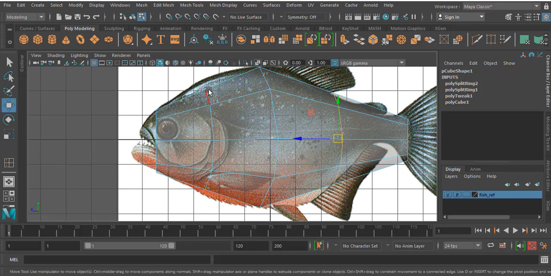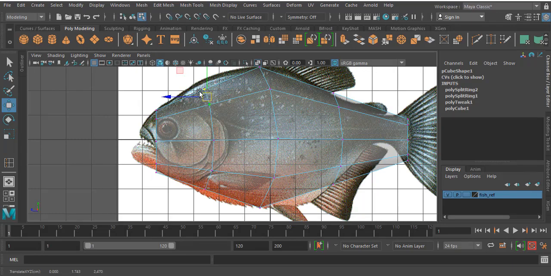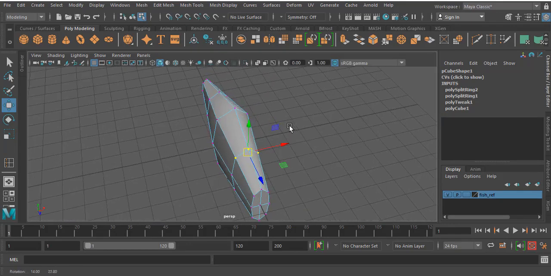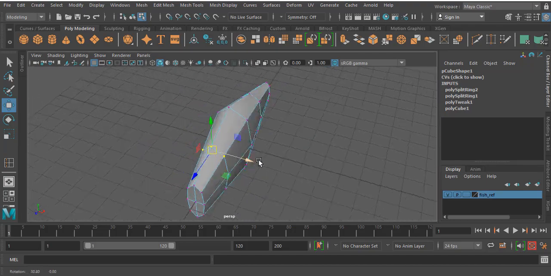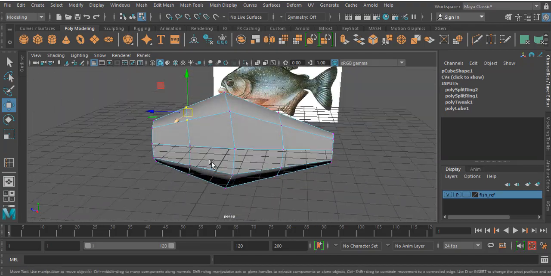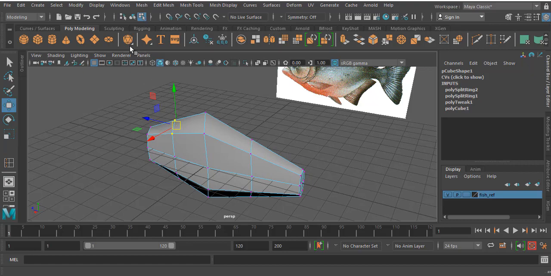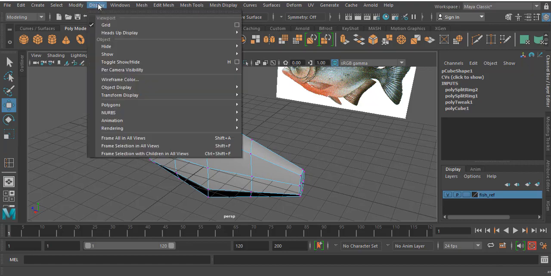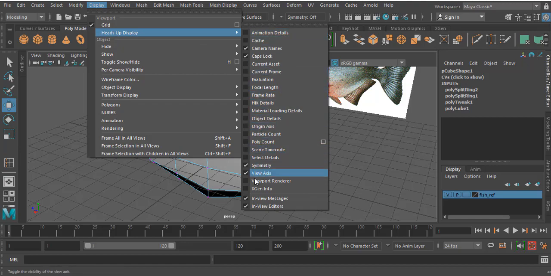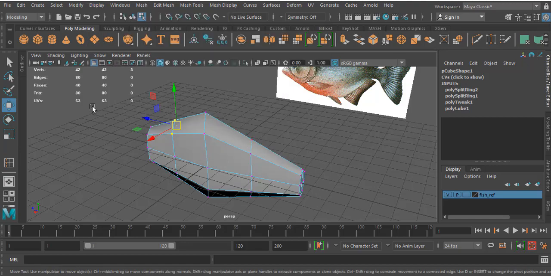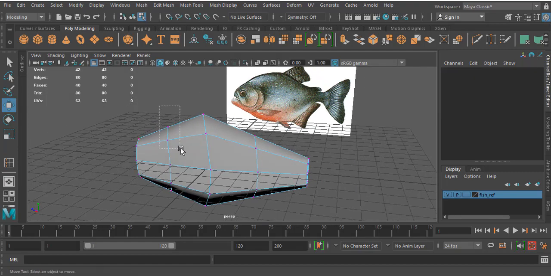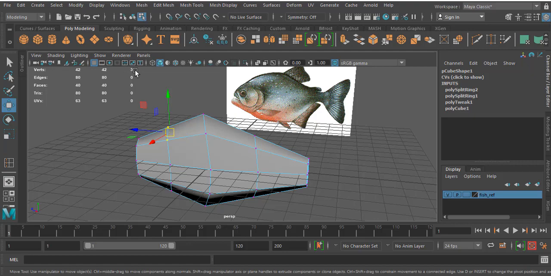Okay, so what I'm going to do is I'm not going to pick the vertices like this. I'll select these vertices, not two, these are three. Right now you can see three vertices. If you have any doubts about how many vertices you have selected, you don't need to go for any other options. There is one easy option available in the display options, Heads Up Display. There is an option called Poly Count. If you click on this Poly Count, you will get the number and details of the vertices available in the viewport. Right now I selected these three vertices. You can see the number is 3.